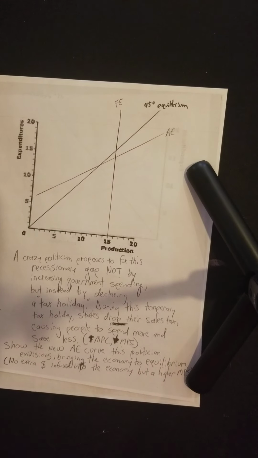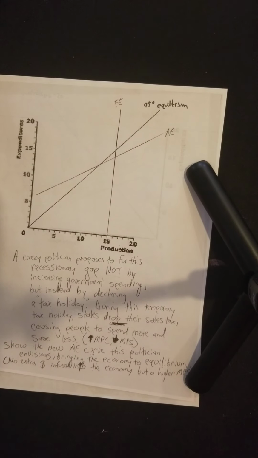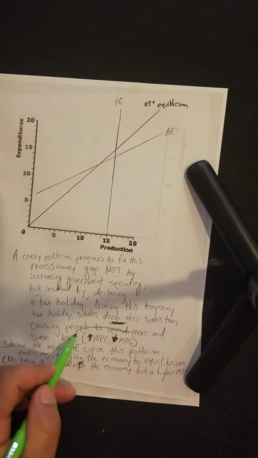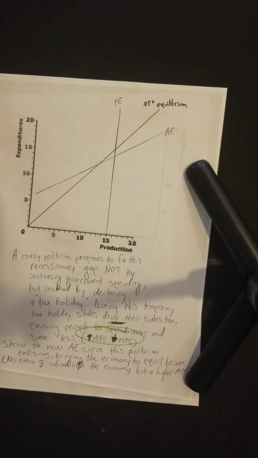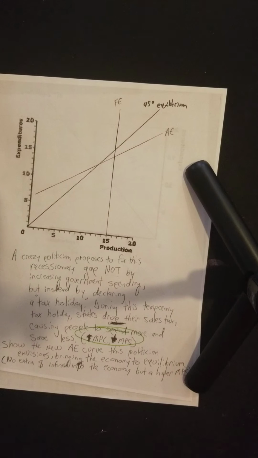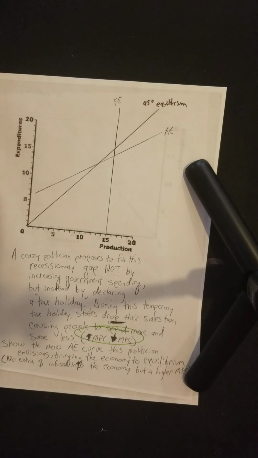So, a crazy politician proposes to fix this recessionary gap not by increasing government spending, but instead by declaring a tax holiday. During that holiday, states drop their sales tax, causing people to spend more money and save less. Okay, I gave you a big hint here, so really think about the idea that whatever you think about the policy, theoretically this politician made it so that there's not an infusion of money, but a greater tendency of people to spend the money that they have versus